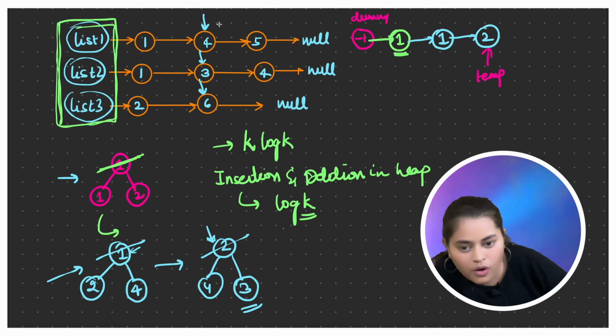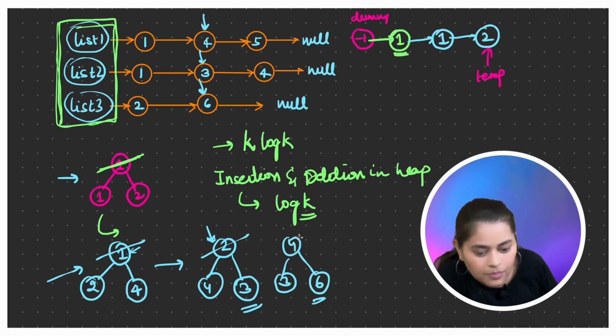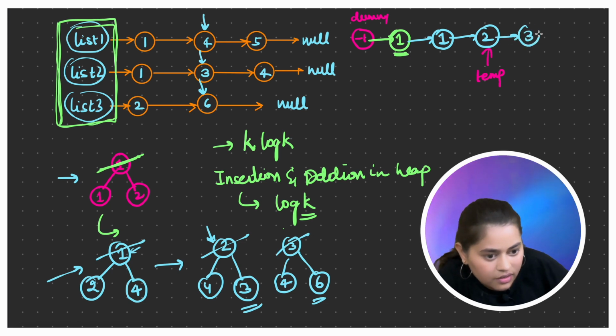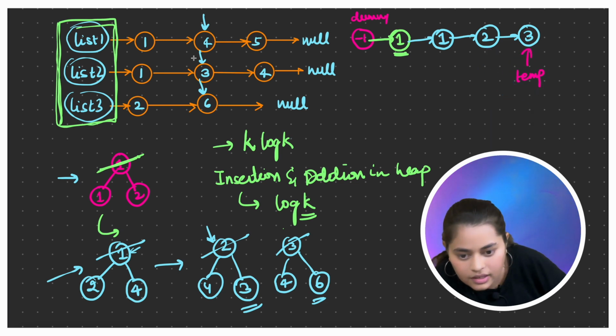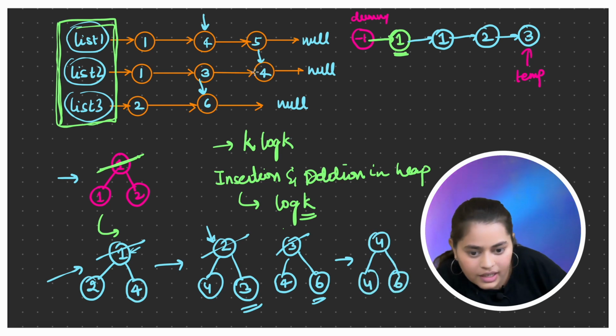Perfect. So at this point we have 4 and 3, right? And 6 will come. When 6 comes, again the min heap state will be checked. The min heap is not in the correct position, so the heapify process will run, and now 3 will be at the top and 4 will be at this position. So again 3 will get deleted. We'll insert 3 at temp.next, increment the pointer, and again increment the pointer of 3, right? Again the same process will be followed. 4 and 6, right? This 4 will get inserted.